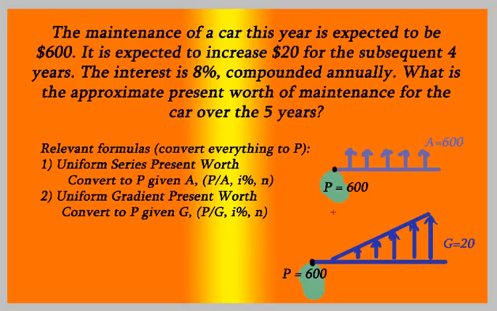Right, so this is how you would draw these two. For P given A, it's going to not change every year that you're paying. So this is the 0th year, 1st, 2nd, 3rd, 4th, 5th year. And then this is your G drawing, and this is your 0. This will extend over here. This is your 1st year, 2nd year, 3rd year, 4th year, and your final year, where the cost changes every year. If you combine those two,